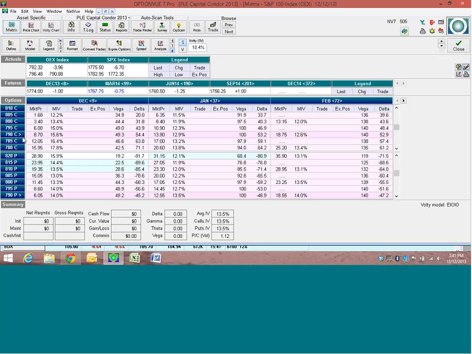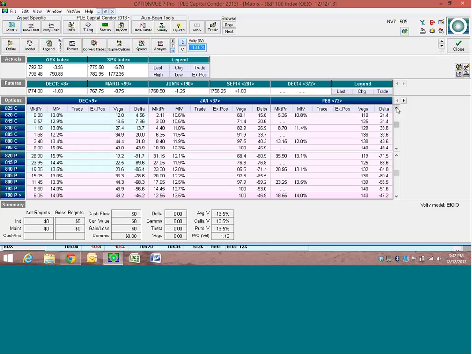So the at the money in the OEX is 790. You may or may not, depending on your strategy, be concerned about this volatility number right here, because this number will help establish the standard deviation color scheme on the software. The way I do it is I look at the at the money volatility, this MIV. It's trading, call it 13. So I'll plug that 13 up here,